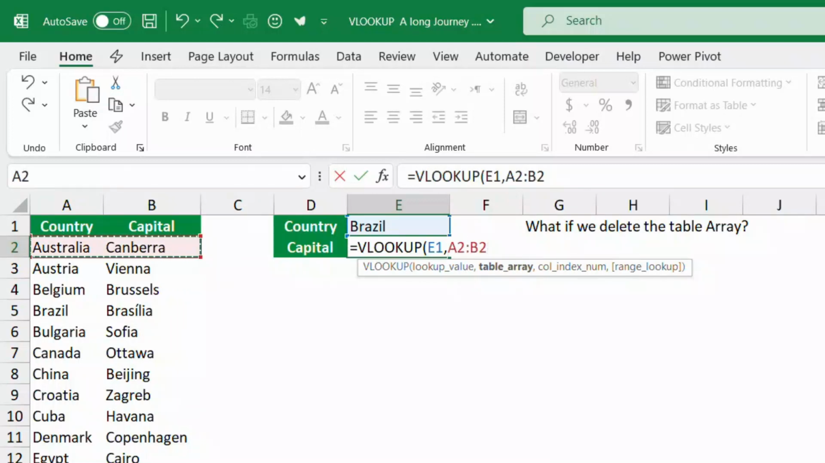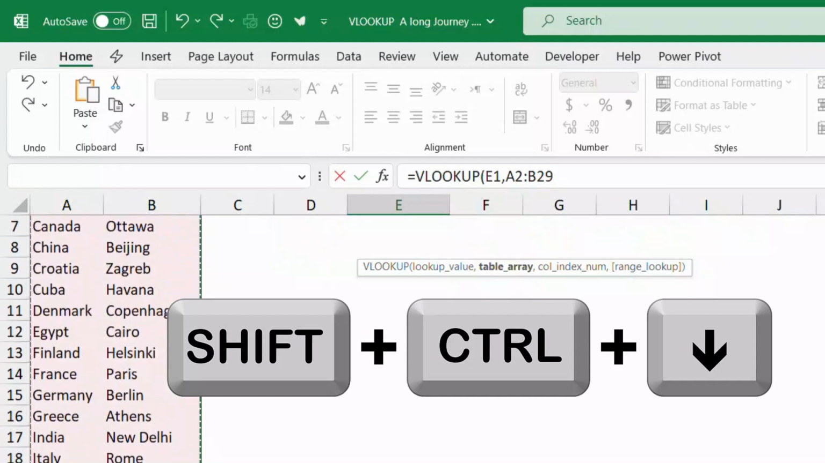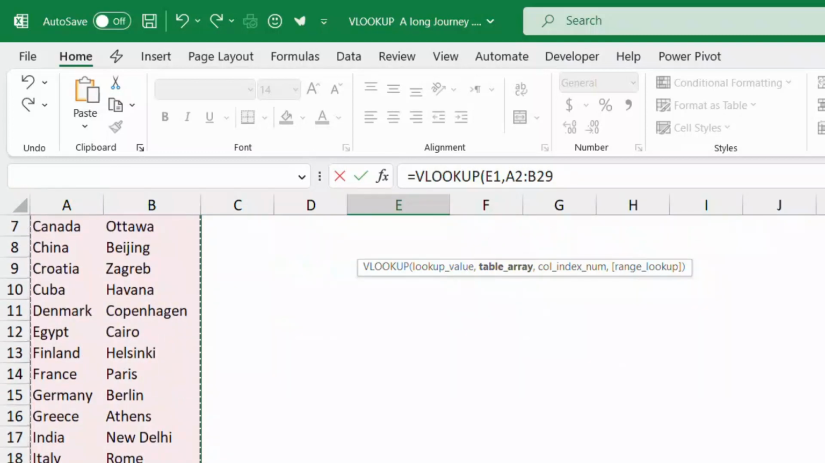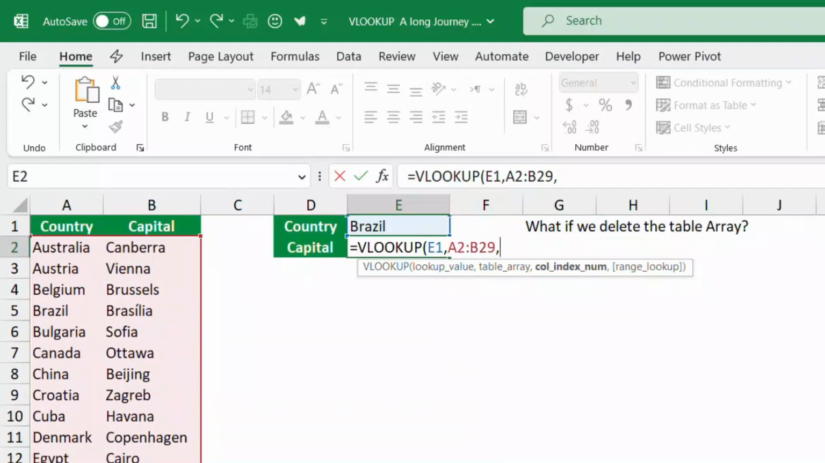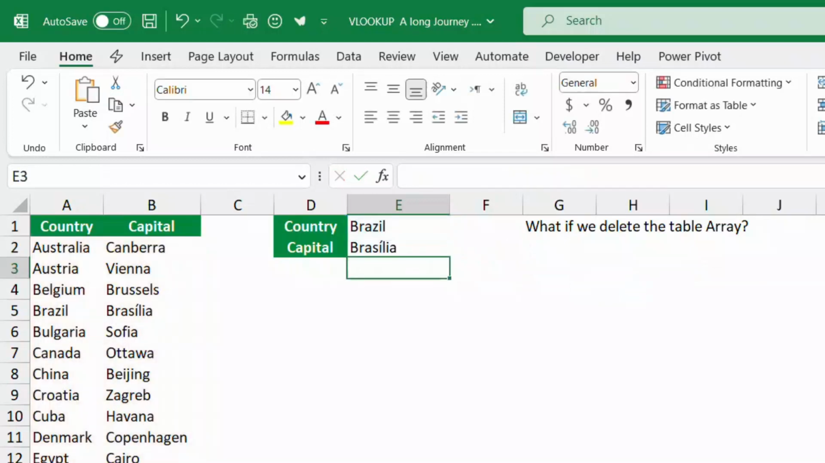I select the top record. I hit Shift Control down arrow. And then I want to jump back to the top. There is no need to lock. The shortcut is Control Backspace. And then I type a comma. I need the capital, which is in column 2. I type 2 and then comma 0 for exact match. I close the bracket and then I hit enter, and I was able to extract the capital for the selected